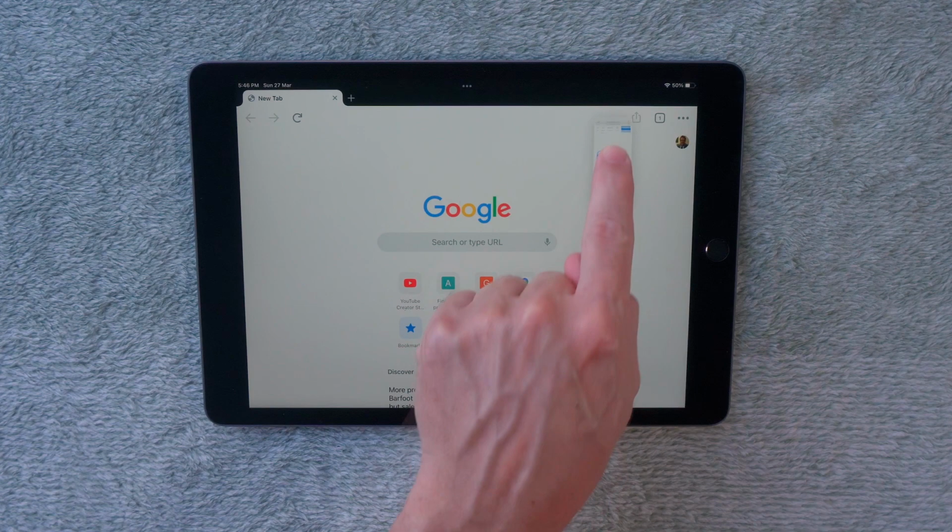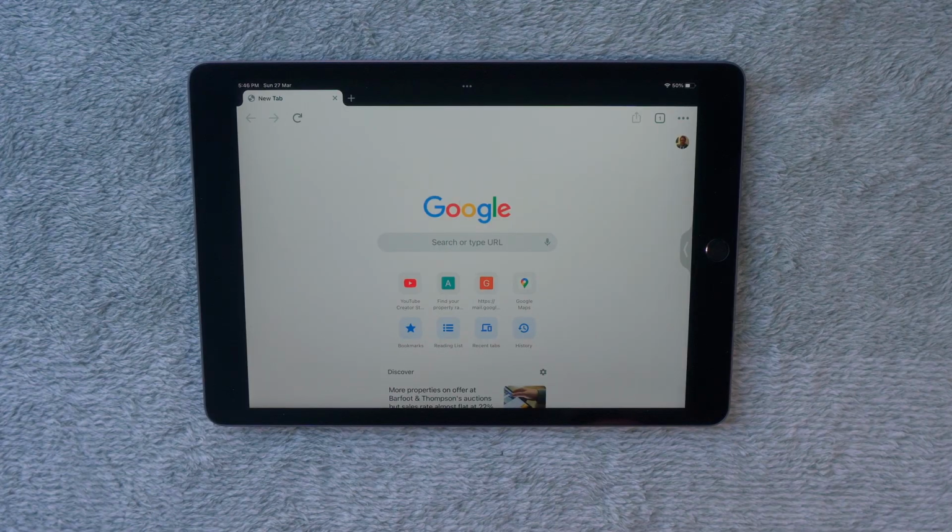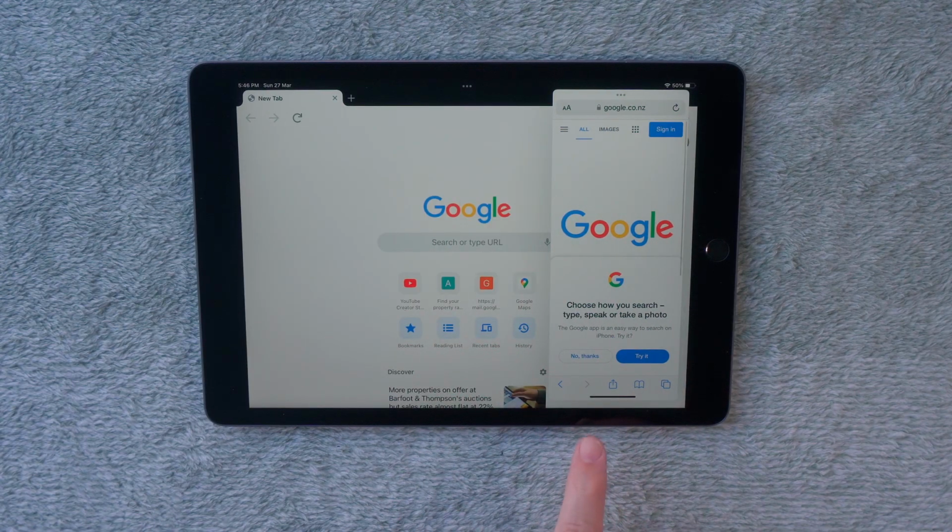And you can swipe your slide over apps out the way when you're not using them as well. So from the bottom of the screen on the right hand side, swipe up to the top and then swipe to the right, and that will put them out the way on the right hand side of the screen. If you want to get access to the slide over apps again, swipe in from the right hand side of the screen and the slide over apps appear again.